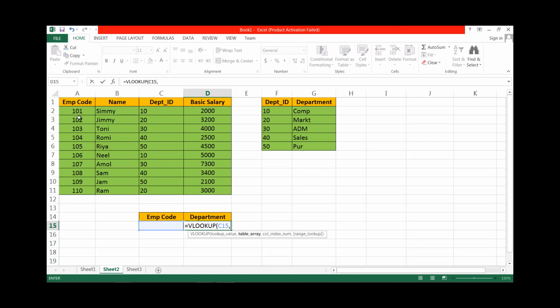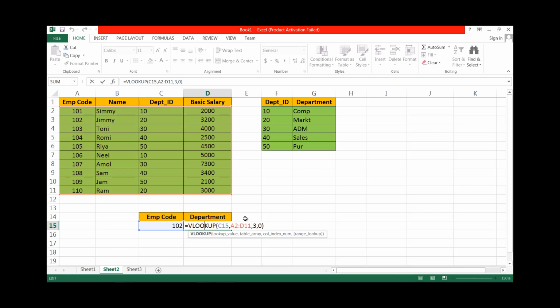Table array is this one. Okay, column index is our ID in column number 3, and for exact match use 0. Then whenever we put here an employee code, we get the department ID, but we want the name of the department. Here the name of the department is marketing.